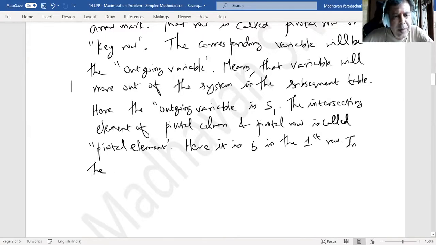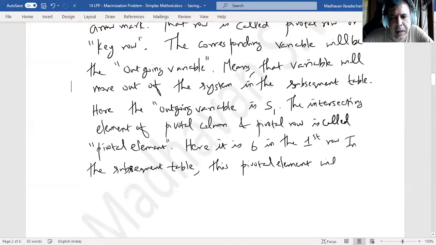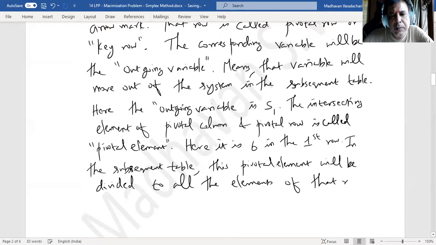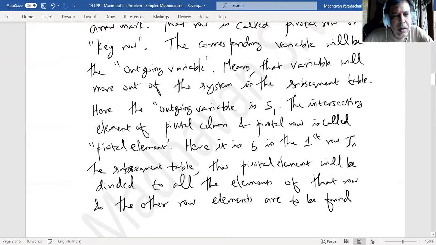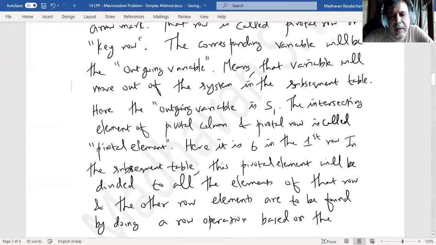In the subsequent table, this pivotal element will be divided to all the elements of that row, and the other row elements are to be found by doing a row operation